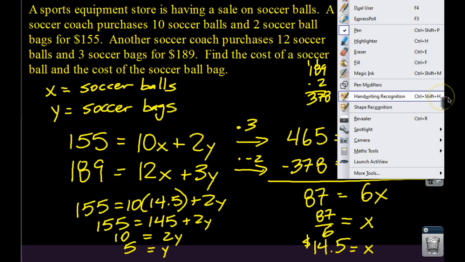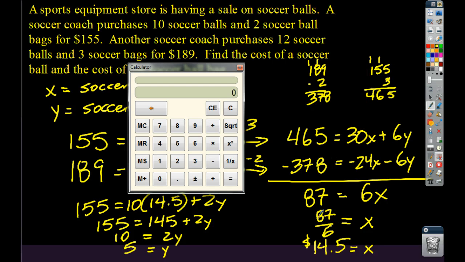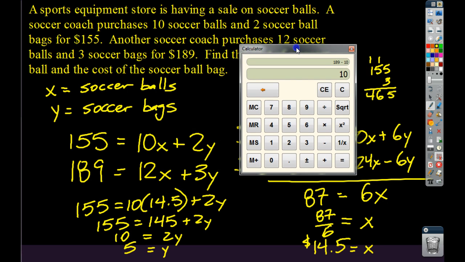These tools, calculator. So let's make sure 189 minus 15 is equal to 174, and then we'll divide that by 12, and I get